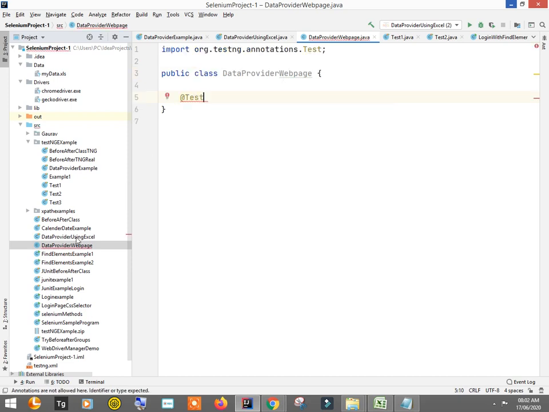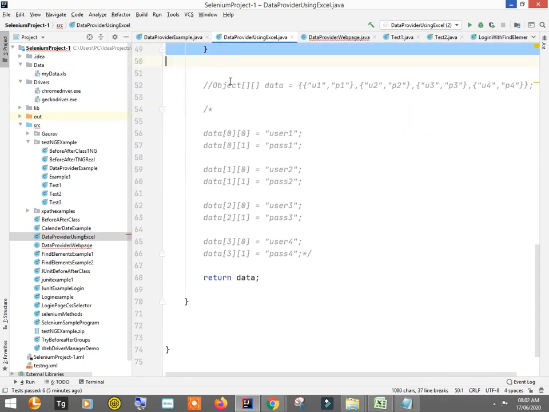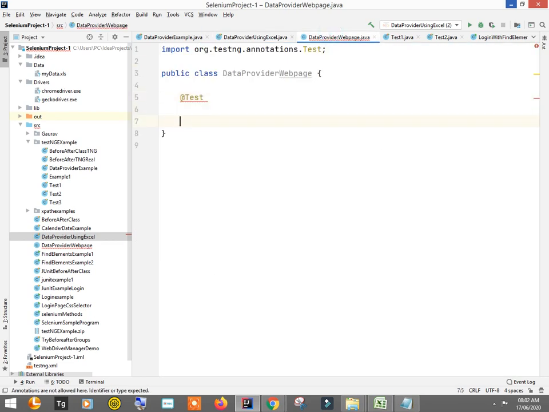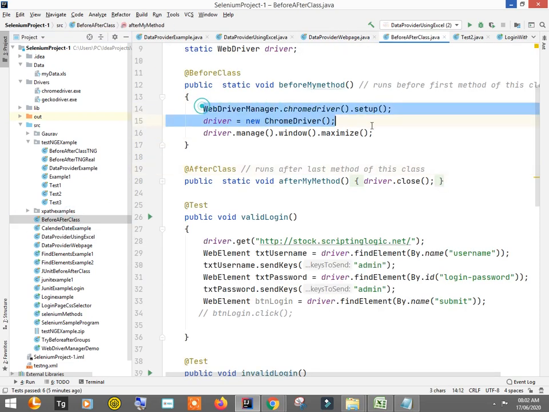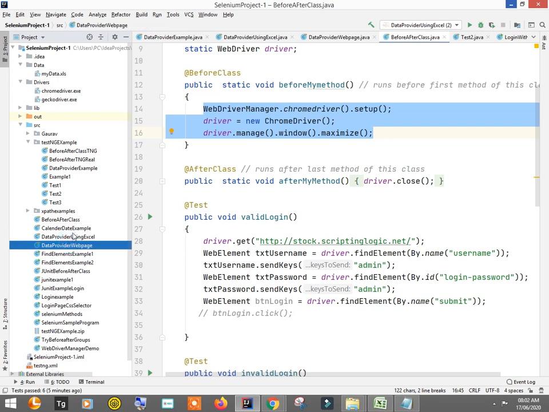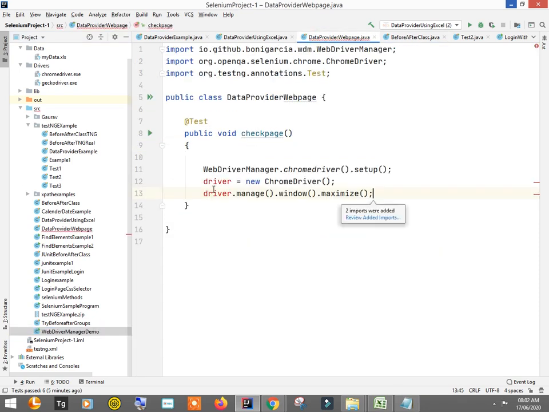Okay, so what I'll do is I'll copy the same format from here, or let me just write it for you so that you'll understand more. So public void, let's suppose, check page. Okay, so here we are going to open this page. So here it is, data provider. Where is that? Here it is. Fine.